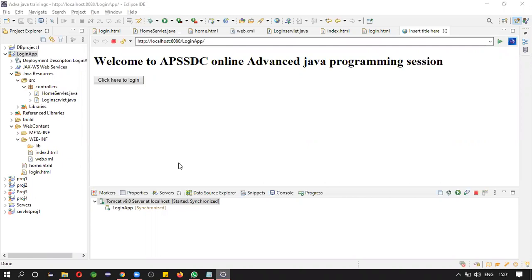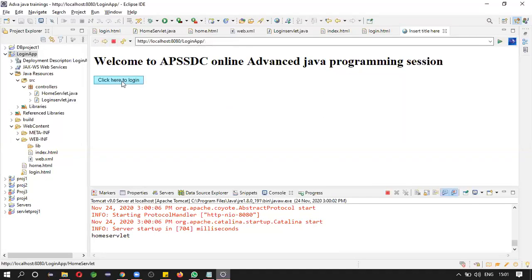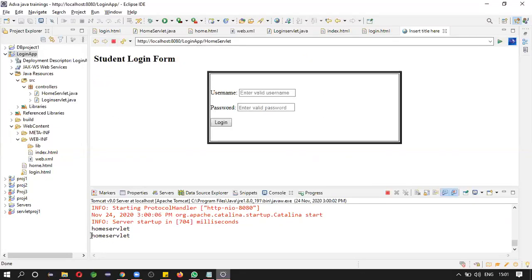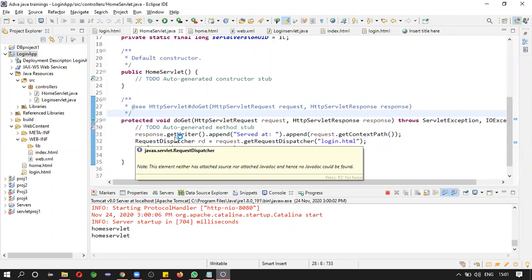Okay, so the application is started. See the flow. Clicking here, it is forwarding to home servlet. Internally it is calling the home servlet. What is the home servlet doing?